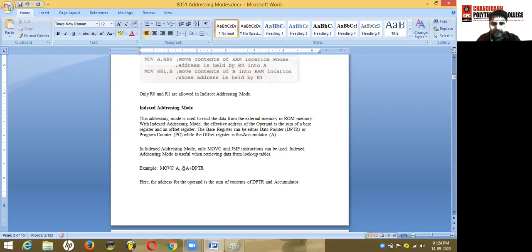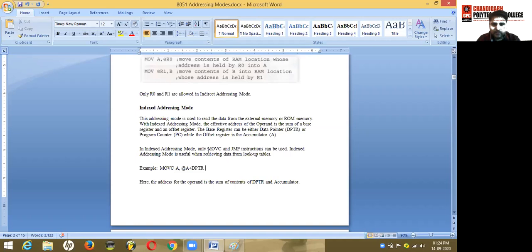Here you can see the base register may be the data pointer or program counter, while the offset register is the accumulator. You can see here accumulator plus DPTR. That shows the operand address is the sum of a base register and an offset register.